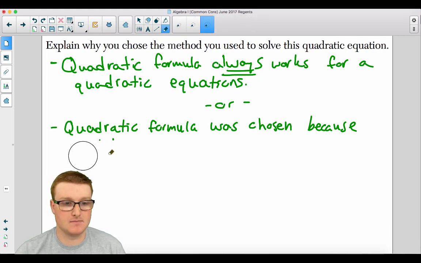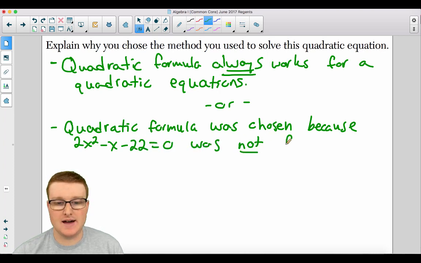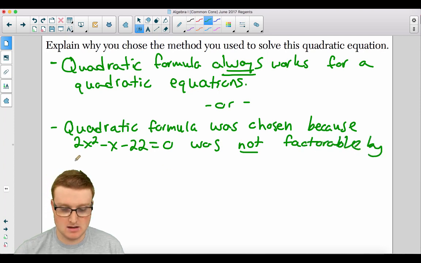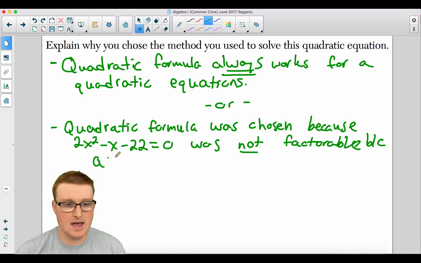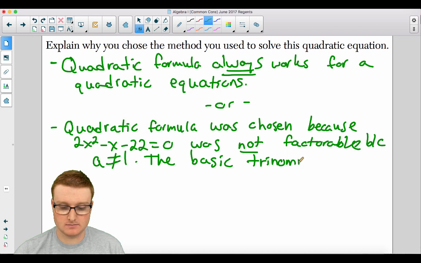Oh, no, I'm sorry. Skipped a line. Because 2x squared minus x minus 22 equals 0 was not factorable because, sorry, that should be a B C, because A does not equal 1, meaning that the first term does not equal 1, it equals 2, okay? The basic trinomial method,